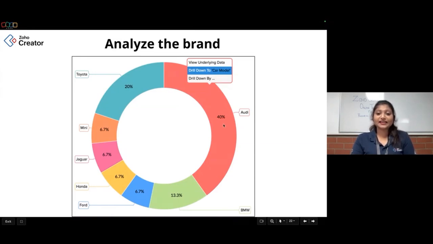Here we have defined the different cars along with their percentage, showing which brands the majority came in for service. Audi is 40%, Toyota is 20%, Mini Cooper is 6.7, Jaguar is 6.7, then Honda, Ford, BMW. I can analyze the brand as well.